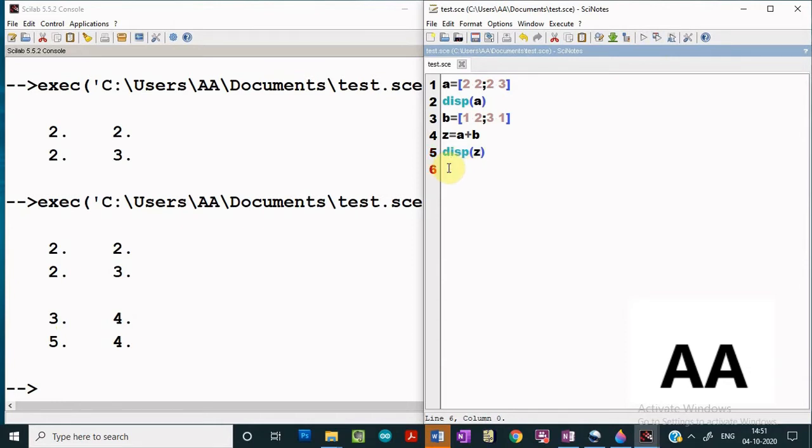Now if we wish to subtract two matrices, then we have to simply use the minus operator, and that will subtract the two matrices. Let me display the matrix B also.